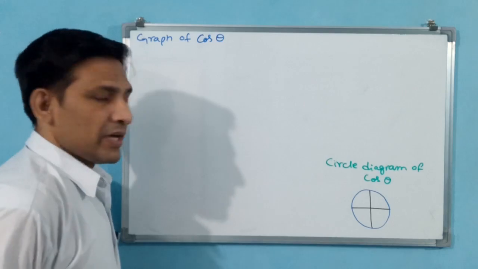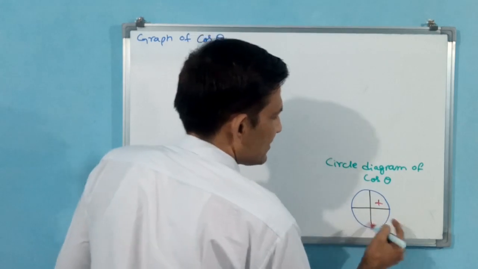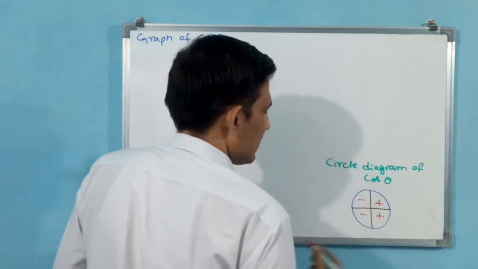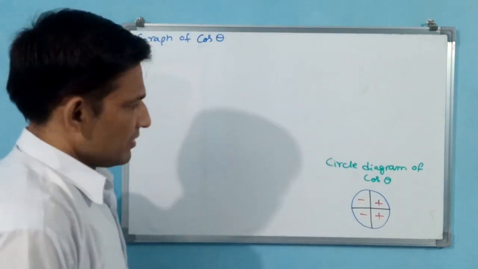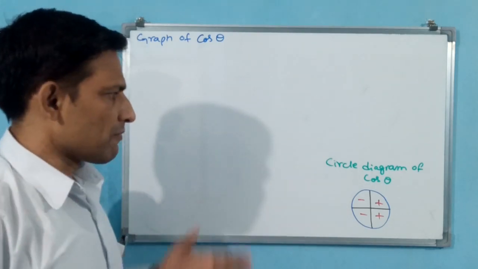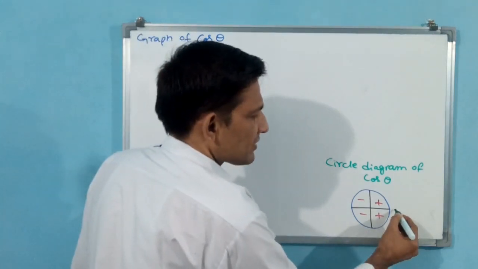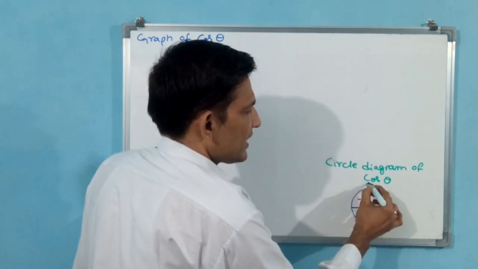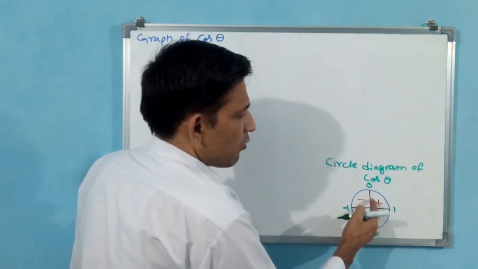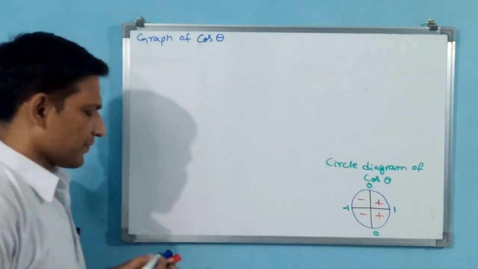Okay, now you tell me, here all positive. All Silver Tea Cups: all, sin, tan, cos. Remaining two quadrants, negative angles are going to come. Now this is okay for symbols, positive and negative, but what about values? Values also we have to draw. See, at 0 degree cos theta will be 1, here 0 at 90 degree, and here -1, or here 0. See, both positive 1, both negative -1, remaining 0, 0. Like that you remember.